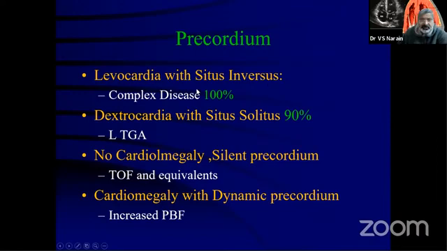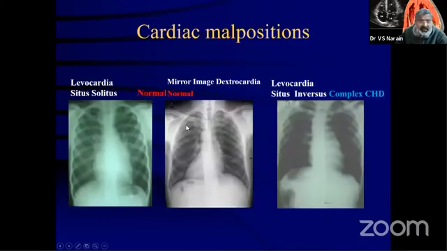If you look at the precordium, now you have to basically say as to which side the apex is lying, on which side you have dullness of the liver, on which side you have a tympanic note of the stomach. So that you should know. And these are things that one should always remember. This is a mirror image dextrocardia, where all the situses are reversed. The stomach bubble has also come to the right side, the liver has gone to the left, and the apex is also right side. So basically, you do not get any abnormalities here.